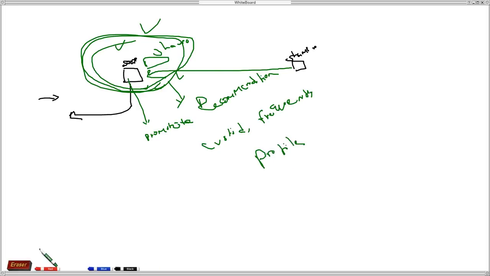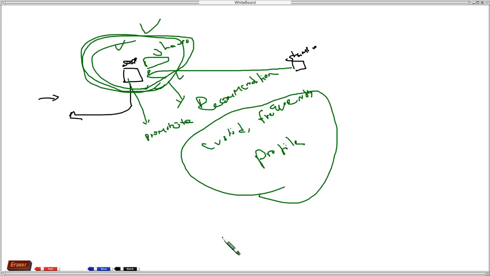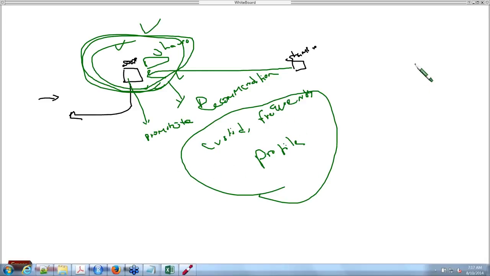So what is the key part of this? Which part of the data is the key for products and their frequency? Okay, great. So the key is going to be